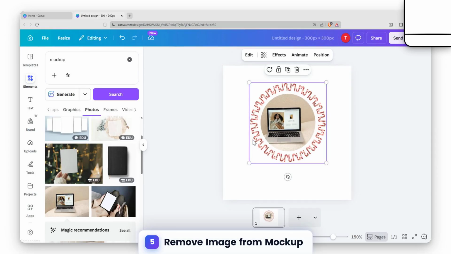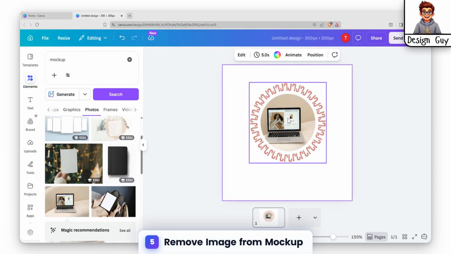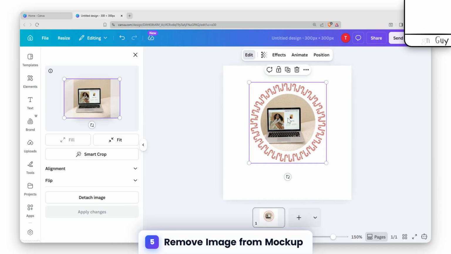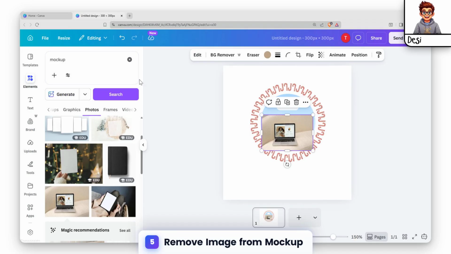Double-click the mockup to begin editing. Next, select the touch image located on the left side of the screen. Once selected, click to remove the image from the mockup. This process allows you to easily edit or replace images within your mockup, giving you full control over the visual